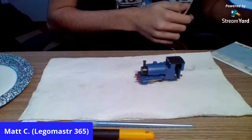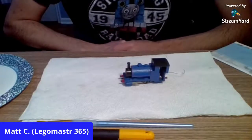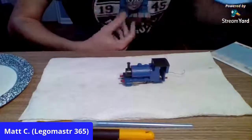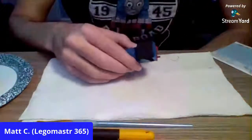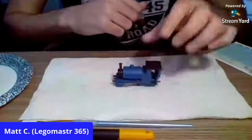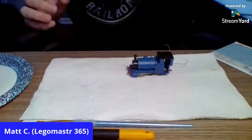So we are once again working on our lovely little blue boy, Sir Handel. Things that I want to get done today are the lining on these cylinders, and I want to loosen up the wheels using some IPA